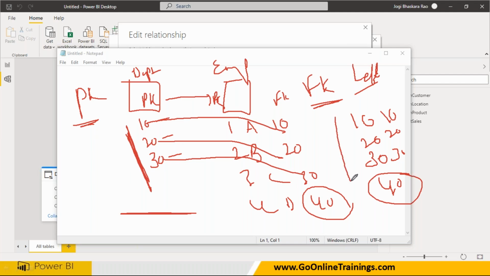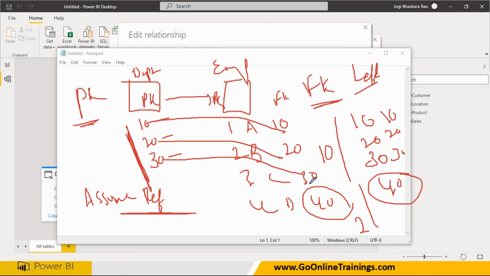And it brings more data. If you have, let us say, 10 seconds to bring the matching data, it may take another 2 seconds to bring this data. So left outer join is always slow, because it is going to bring this data as well as this data. Which data? Matching data and unmatched data. When we say assume referential integrity, what is the meaning? Referential integrity means